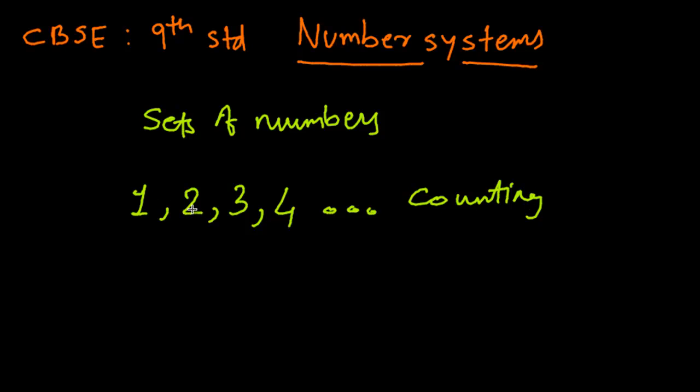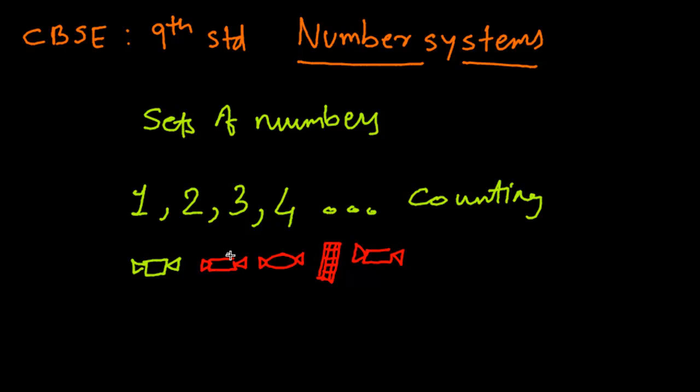Now, why are these numbers called counting numbers? That is because you can count something with these numbers. Like, say, if you have 5 chocolates: 1. Now I don't like green chocolates, I want red ones, so I'm using red color. 2, and this is a bit circular one. 3, and the center bar of chocolate. 4. 1, 2, 3, 4, and 5. Again, a square one. Okay, so there are 5 different chocolates, and you can count these chocolates with these numbers.